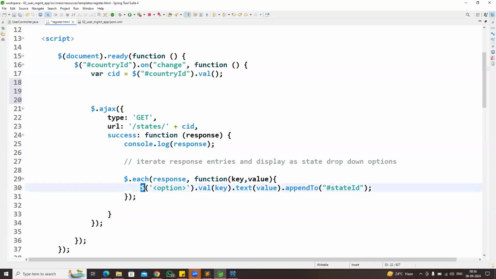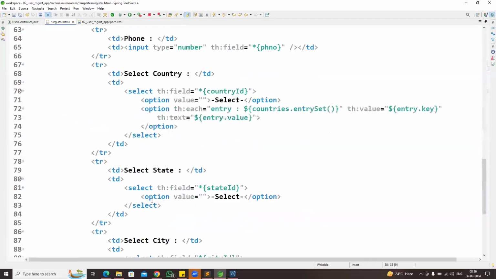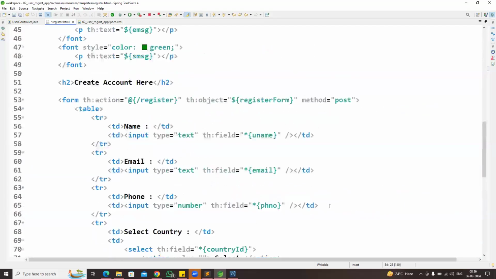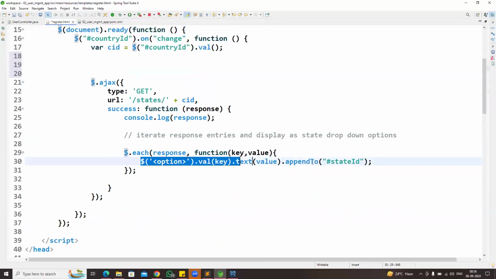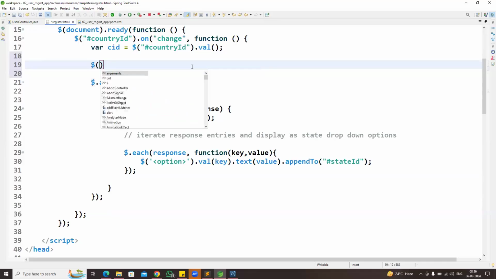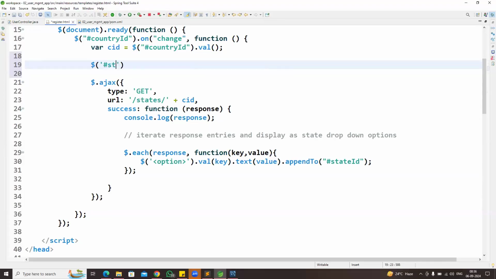So I'm preparing one dynamic option. Currently, only the select option is available. For this state drop down, I am preparing dynamic options with the states data, option value and option text, appended to the state drop down. So whenever it is changed, let me remove this. Let me remove all the options available for the state. Whenever the country is changed, I will go for this dollar of state ID